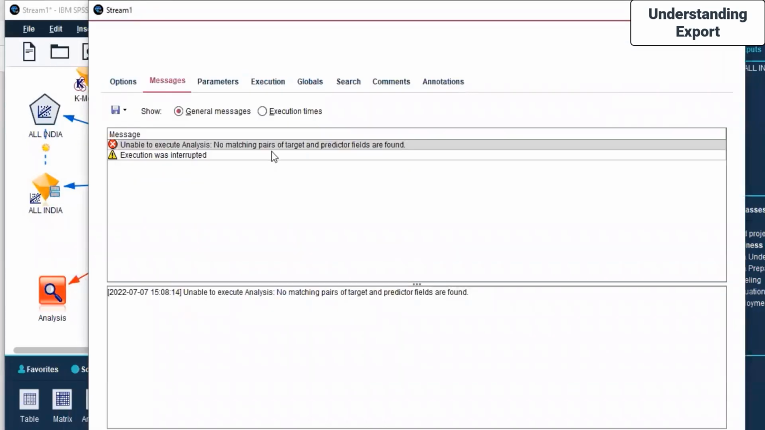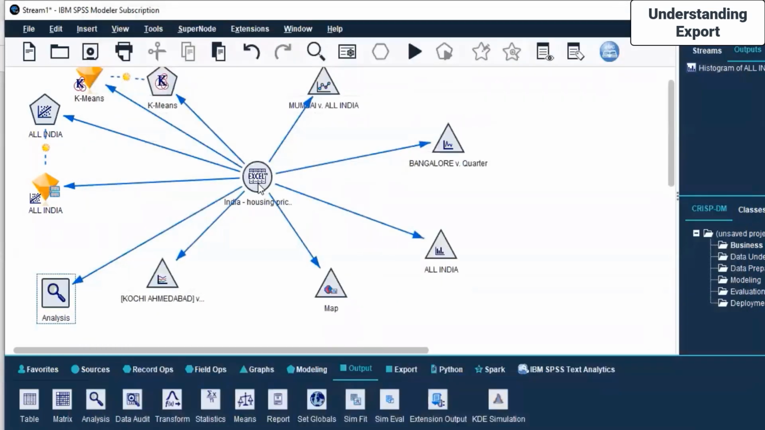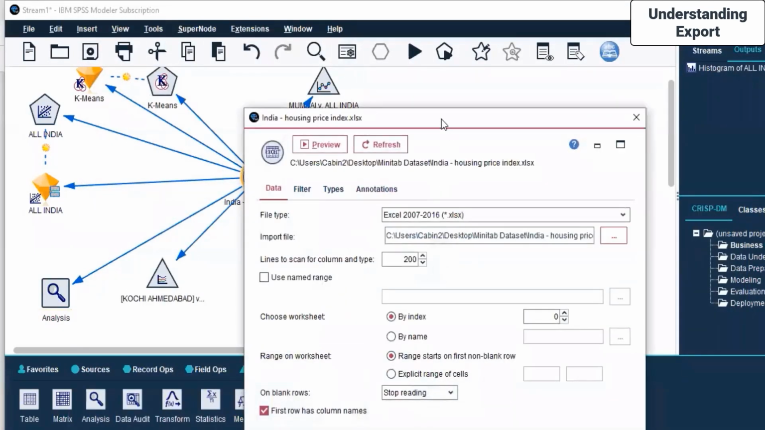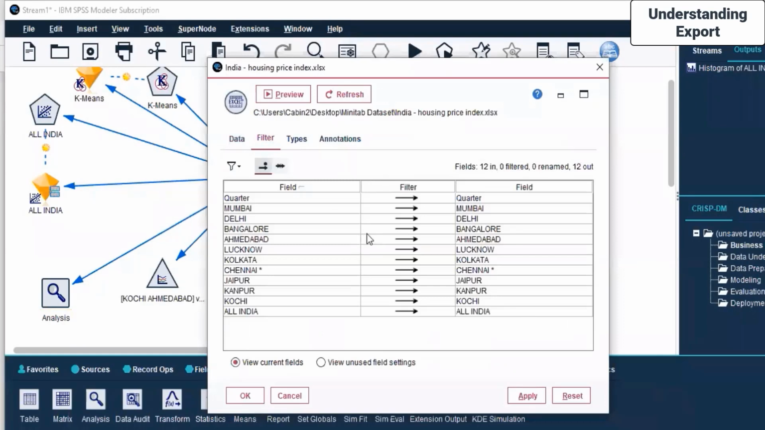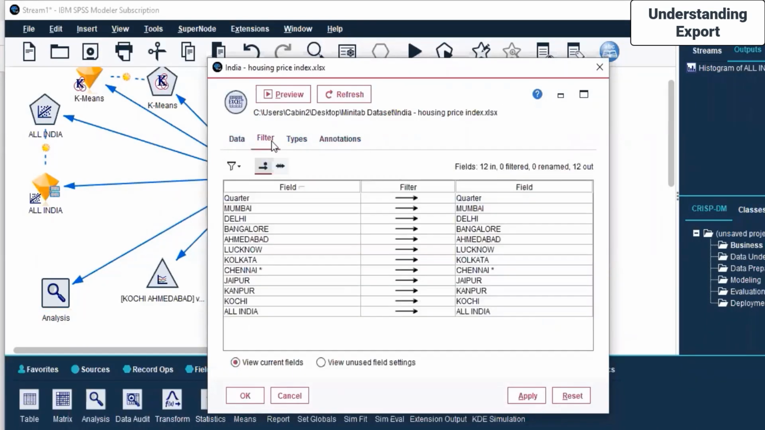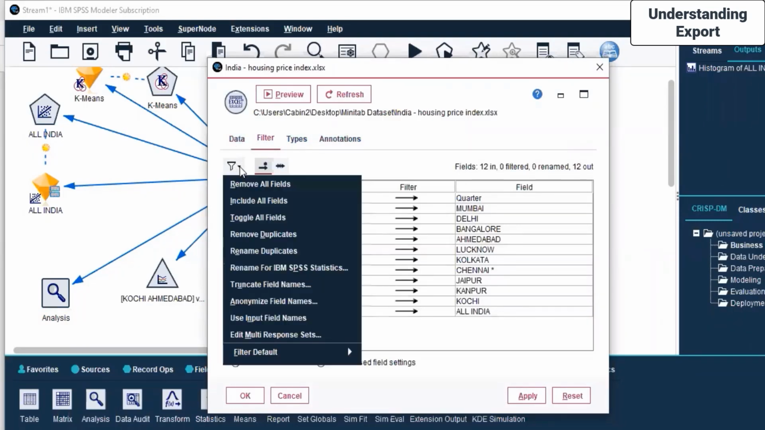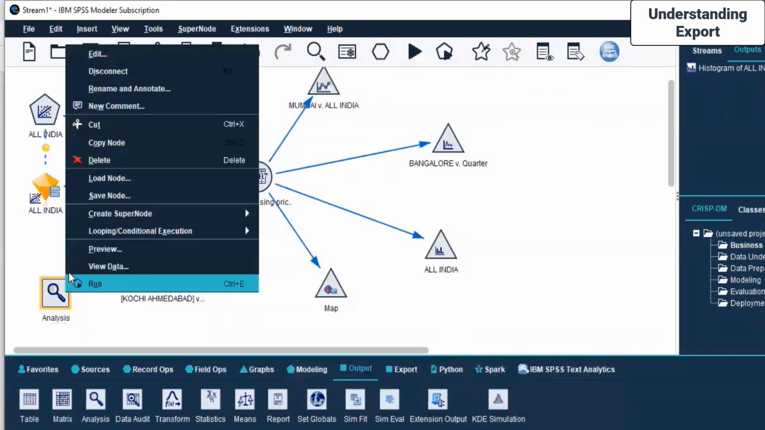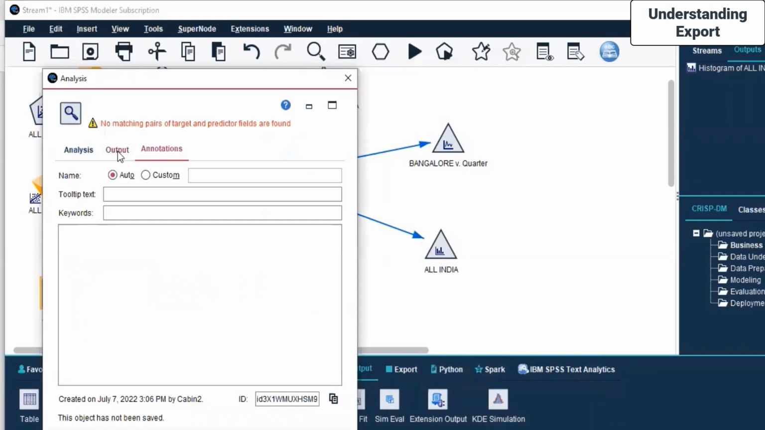Okay, unable to execute: no matching pairs of target and predictor fields are found. So it looks like some change might be needed over here. Let's come here and click edit. There are no targets that we have identified. Okay, let us click on edit. Then we come here,